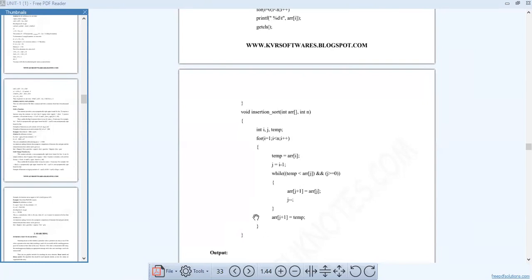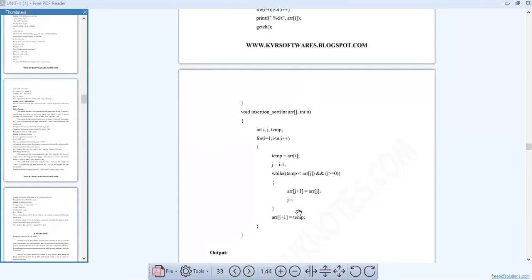True. Very good. 0 greater than or equals to 0. That is right, 0 is equal to 0, or greater than. Okay, condition is true. Fine. Then here temp less than array of I. So what is the value of array of I here?